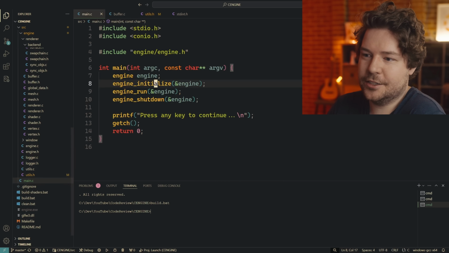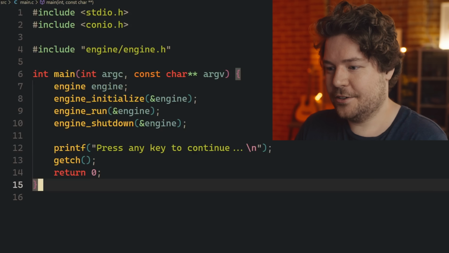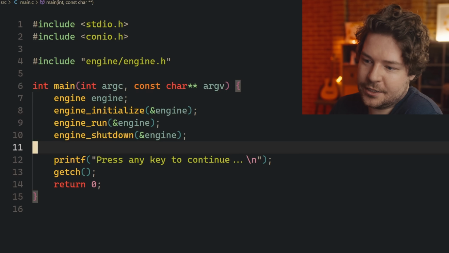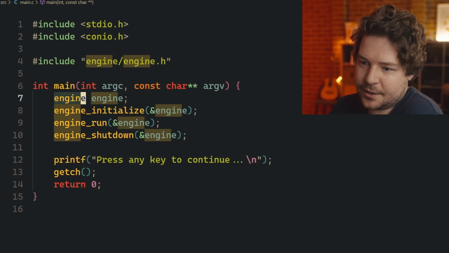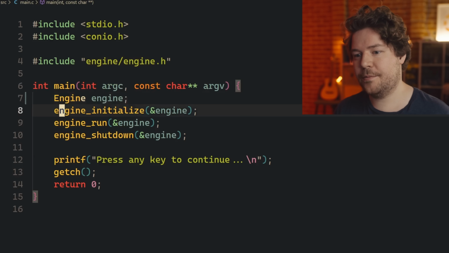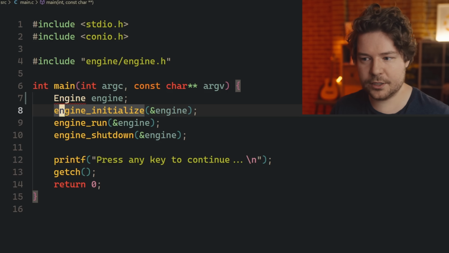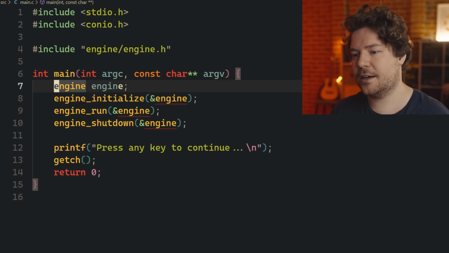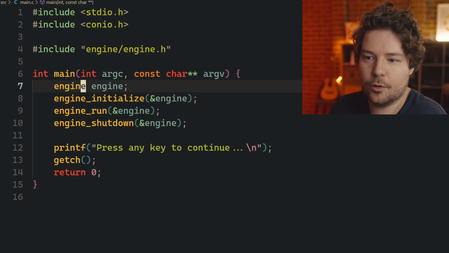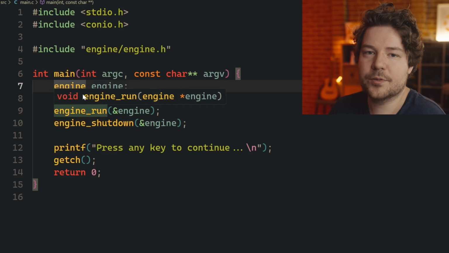So let's start at the beginning. Main.c. Ah, yes, C code. This is just something I did not expect to do when I woke up this morning. So we have Engine. Okay, this already is a little bit annoying to me just because these are the same word. Yes, it works, obviously. However, I would have your types be uppercase, because that way it's clear what's a type and what's a variable. I know that it's kind of a C thing, people who write C code like snake case, as you can see, and also lowercase types, but I just think that I would make it uppercase.